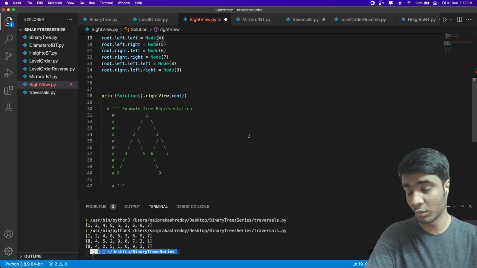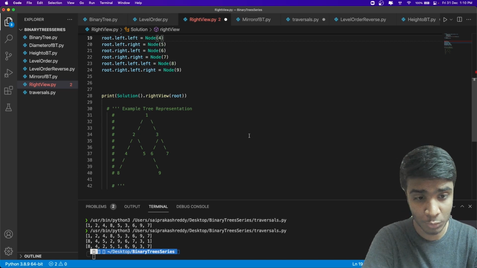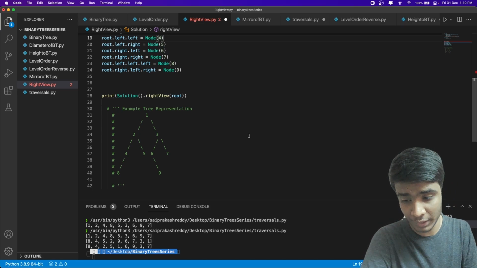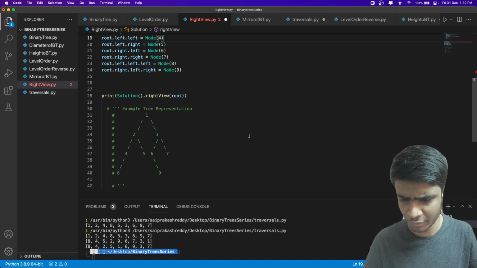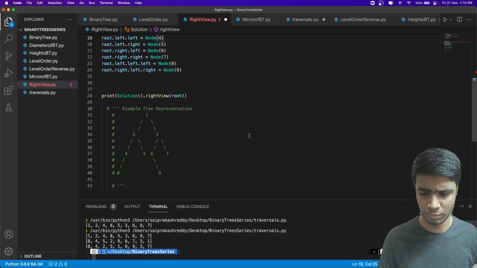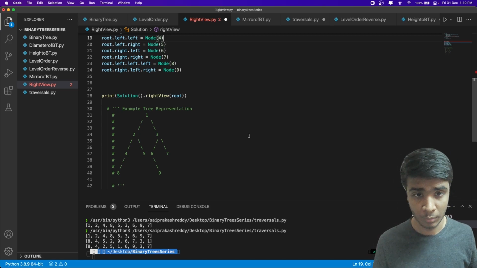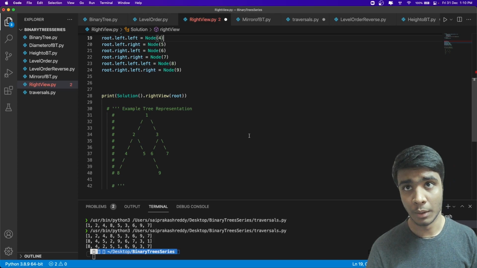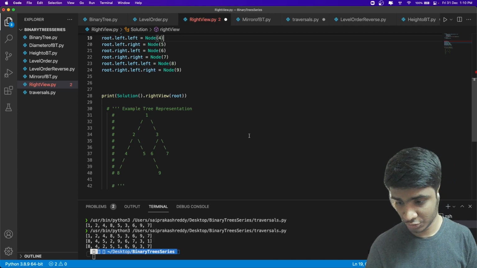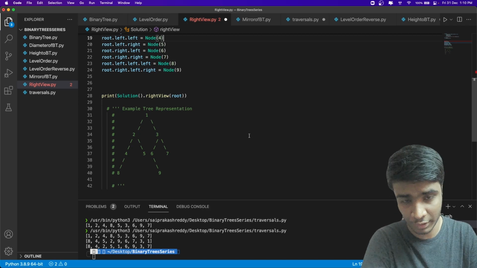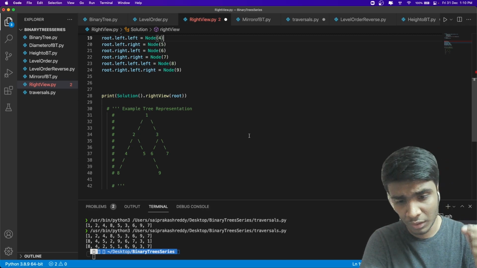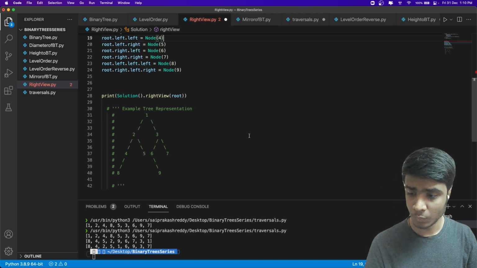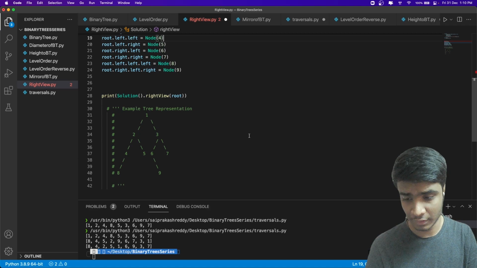But when we are doing a right side view, you should have guessed it by now, it is a type of breadth first search. So we use level order traversal here, but the first element that we see in that level is what we are going to print. We are not going to print anything else, right?